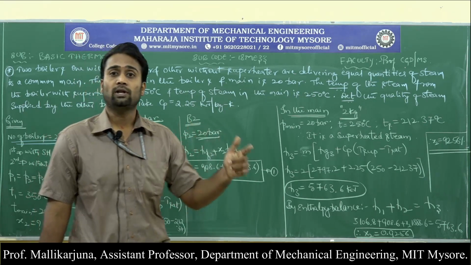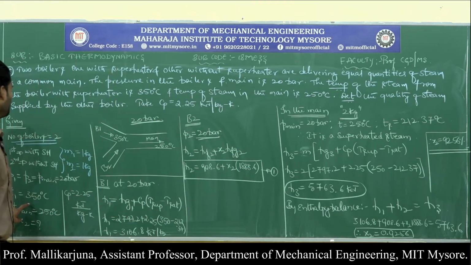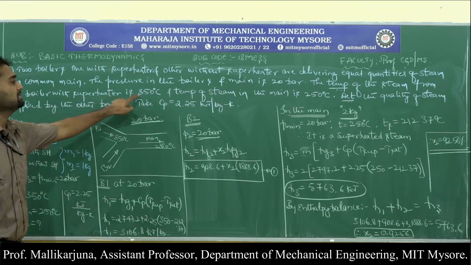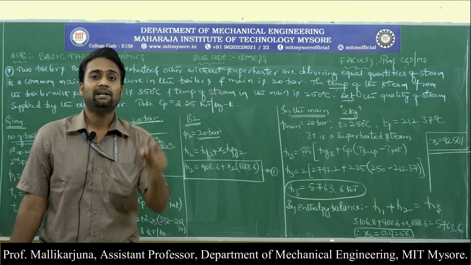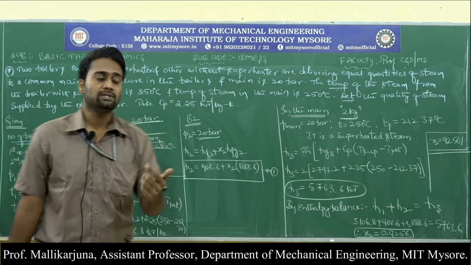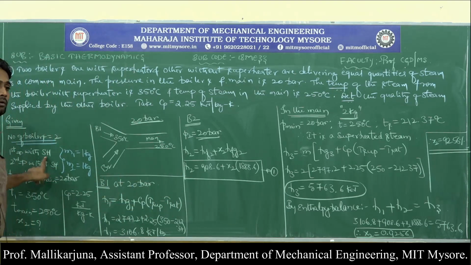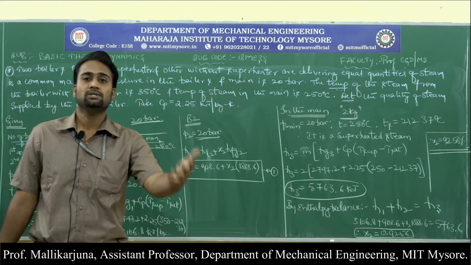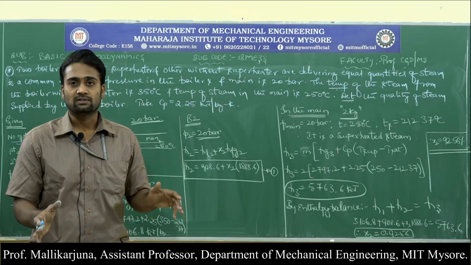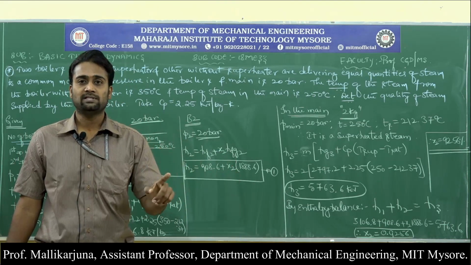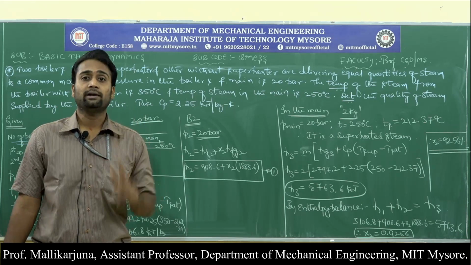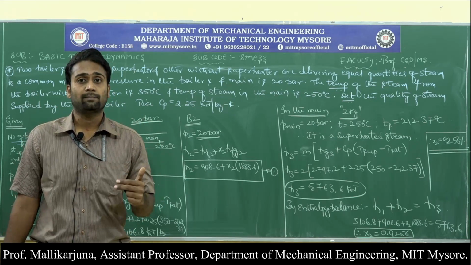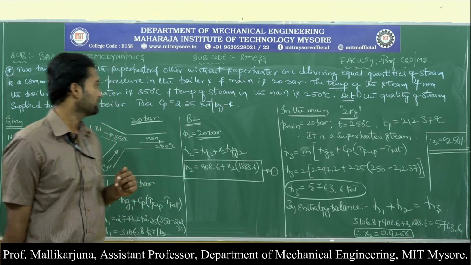Make sure the first boiler is already, look onto this, superheater is 350 degrees centigrade. In the sense, the first boiler's steam is superheated steam because it is attached with the superheater. Why is the superheater attached? To produce the superheated steam. It is already fixed. The first boiler is supplying the superheated steam. The second boiler's quality is required. What kind of steam is the second boiler supplying to the main?